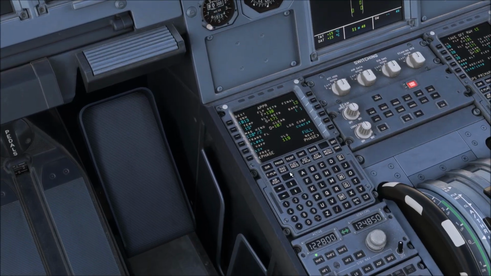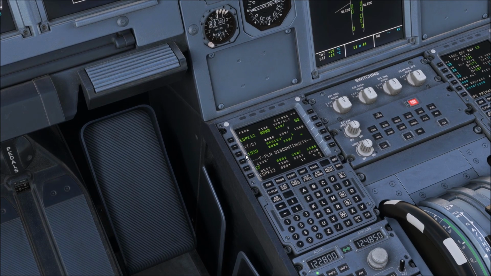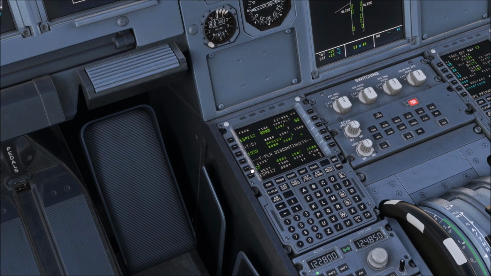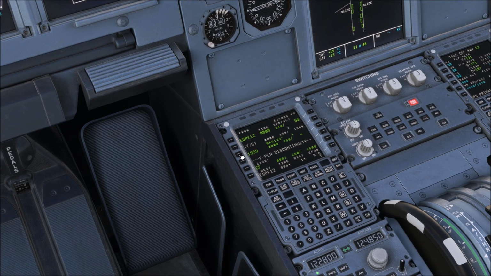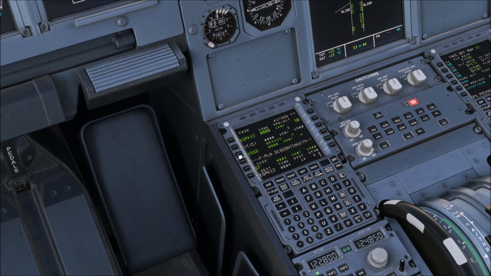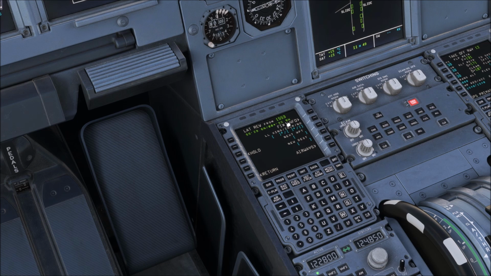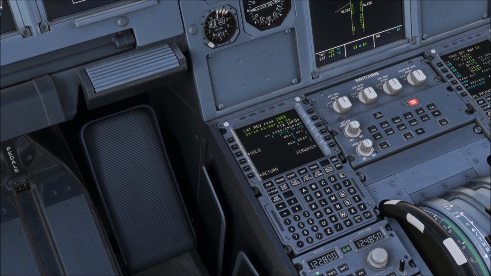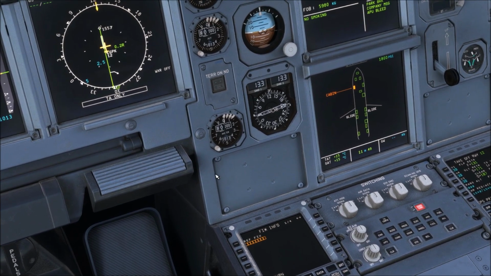Okay, so on the flight plan page, what we need to do is to click any of the waypoints. Okay, we've got a flight plan discontinuity, not worried about that. I'm going to click either the altitude here or the approach fix here. So I'm just going to click there. So left select that, and then go to right one for fix info. And here I want to put in a